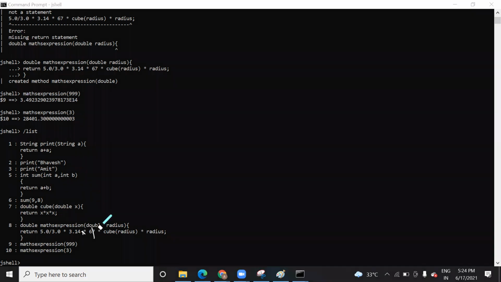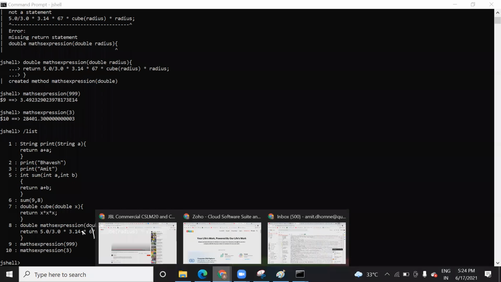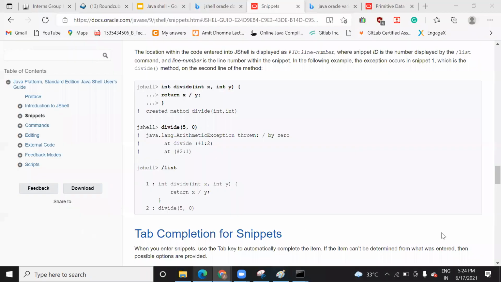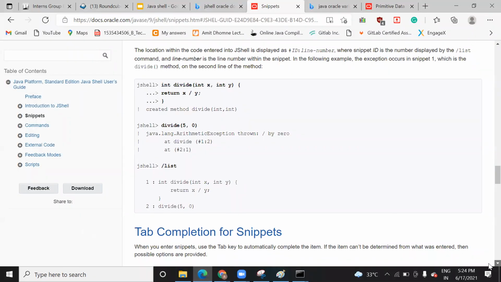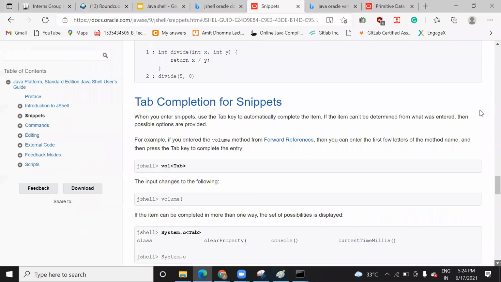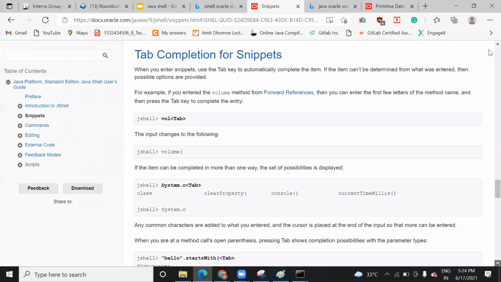Do you see this? How you created this and all, it will show you. Similarly, there are other commands also that are helpful here. What are those commands? Several commands are there, you can use this.